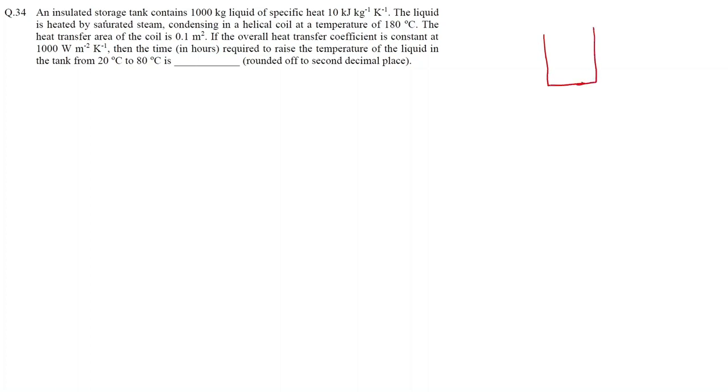So from the given question, we have an insulated tank, and it has some liquid, and the mass of the liquid is 1000 kg. The specific heat Cp is given as 10 kilojoule per kg Kelvin. Let's just change this into joule per kg Kelvin. So it will be 10 into 10 raised to 3